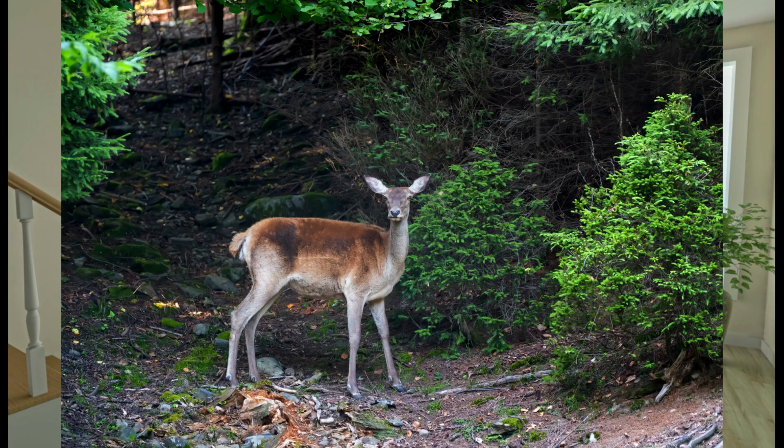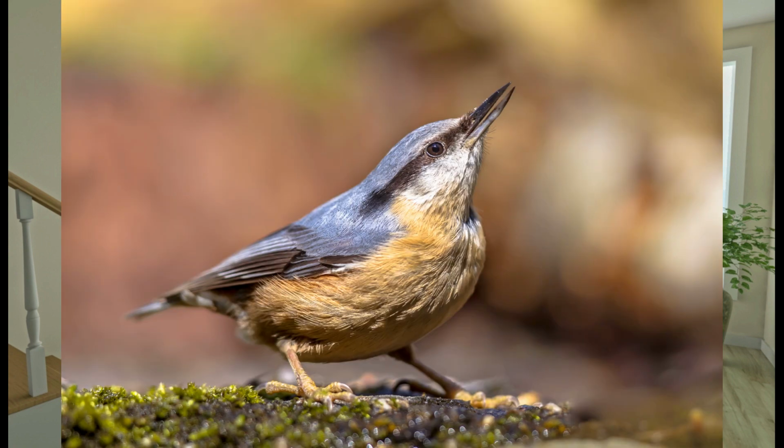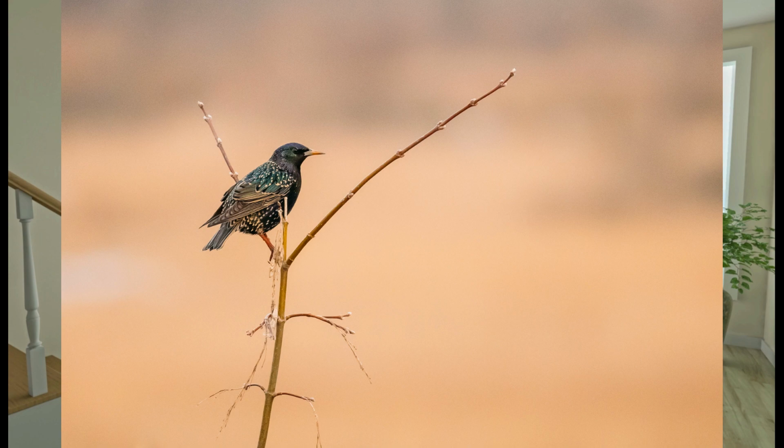Every time I'm there, I see deer. Even in the middle of the day, which is not the time they're usually up and around, I see wildlife and cool birds, big blue birds, you know, very pretty. And most of the places are, like I say, on a half acre or a full acre, so you're not right next to your